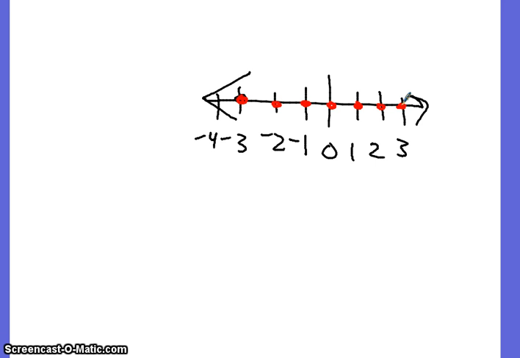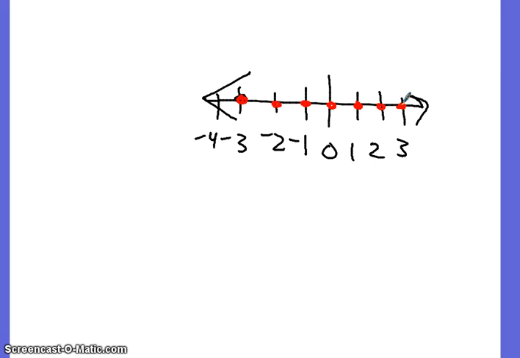Would it include every number in between each number? Correct. If I drew a line, it would also include every number in between. And that's not an integer then. Integers are only the numbers themselves, right? So that's why I represented the integers with dots and not a line. The only time I would draw a line at this point is when it specifies rational numbers. Okay?